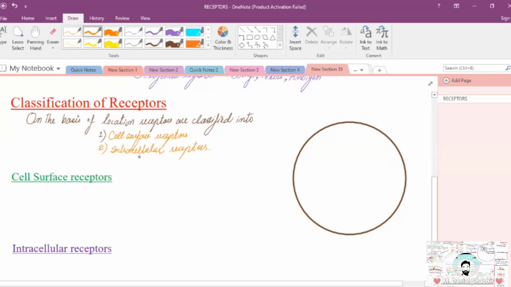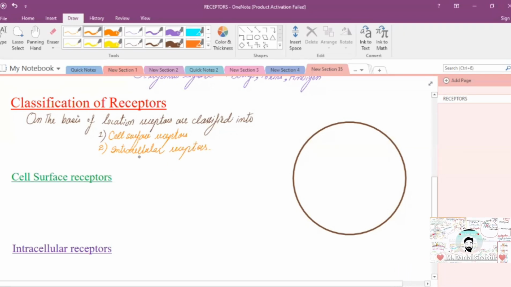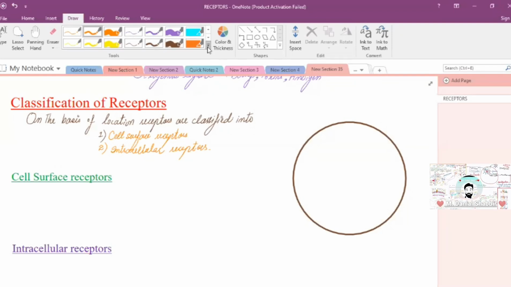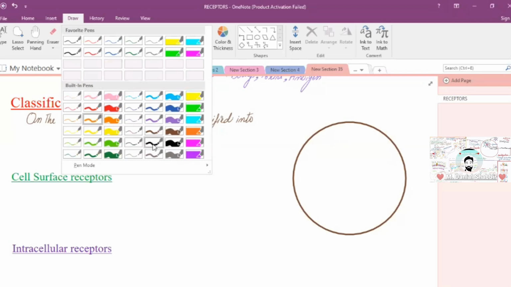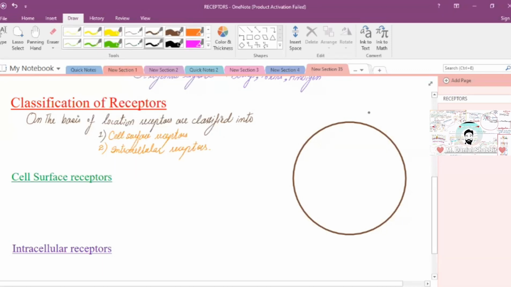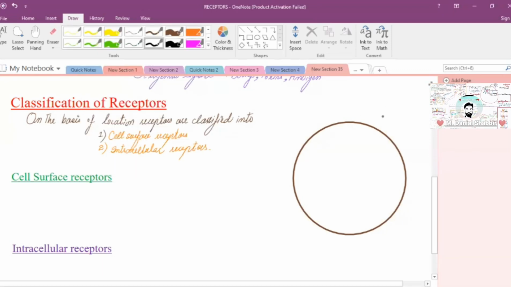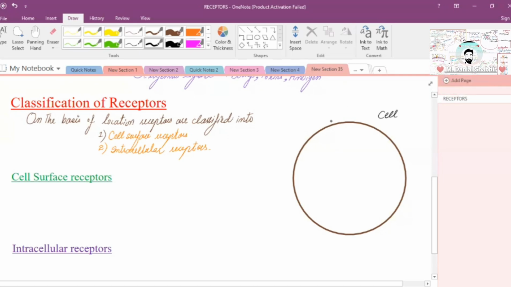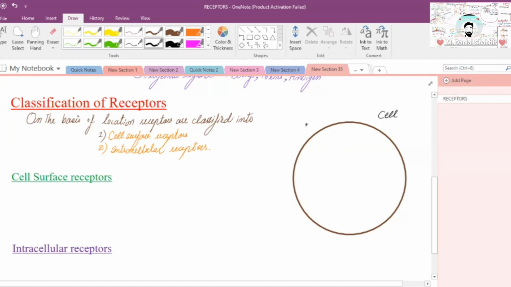राइट, अब इसका क्या मतलब है? अब इसका मतलब क्या है कि सेल सरफेस रिसेप्टर और इंट्रासेलुलर रिसेप्टर। गौर से सुने आप लोग सब, कि लेट्स सपोज फॉर एग्जांपल दिस इज द सेल, ये सेल है हमारे पास। तो the receptors those are on the surface, ठीक है।